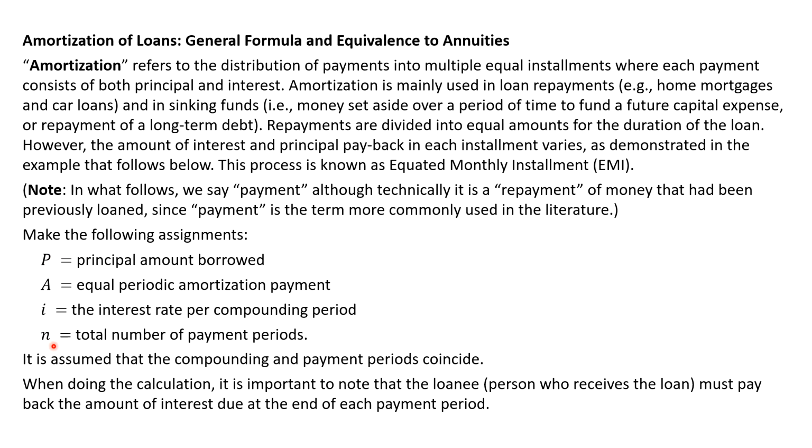Then here are some of the attributes that we'll be using. P is for the principal, that's the amount borrowed. A is the equal periodic payment or repayment. I is the interest rate per compounding period, and N is the total number of payment periods. It is assumed that the compounding and payment periods coincide. We saw earlier where these could be different, and it led to some more complicated analysis, but we're not going to do that for the